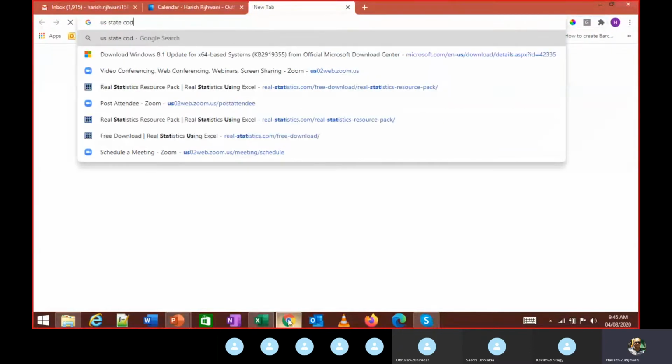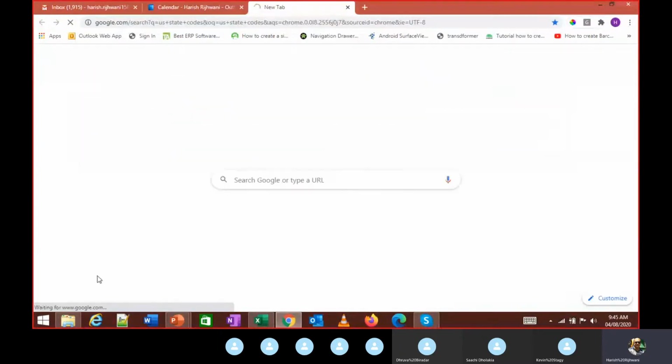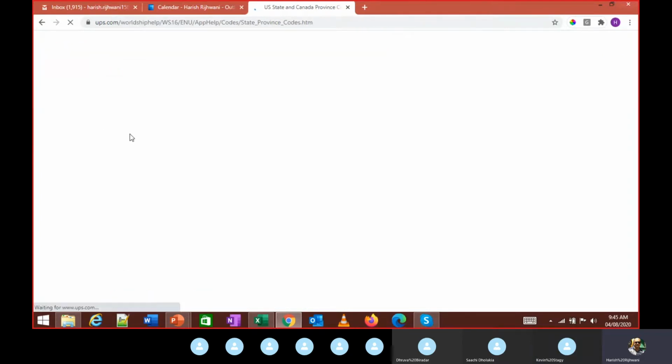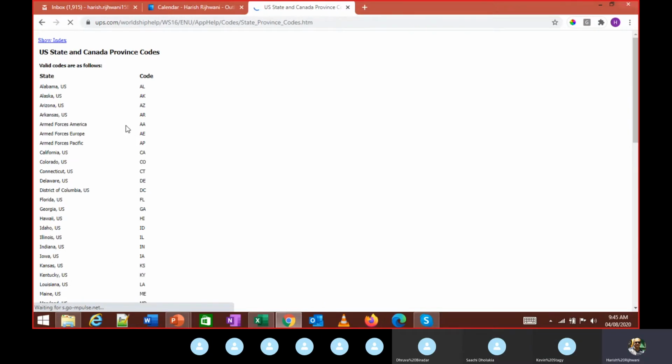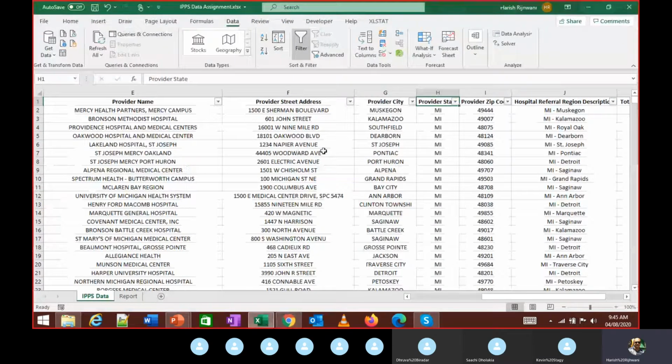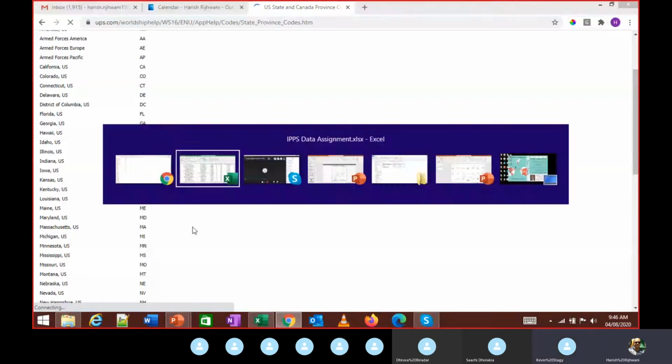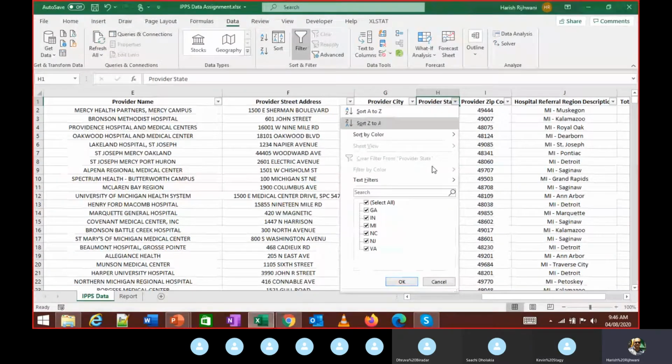US state codes. GA would be Georgia. So let's look at that. GA is Georgia. MI you said, right? MI is Michigan. Okay, I said Mississippi, but this is Michigan, US. Then you have IN.